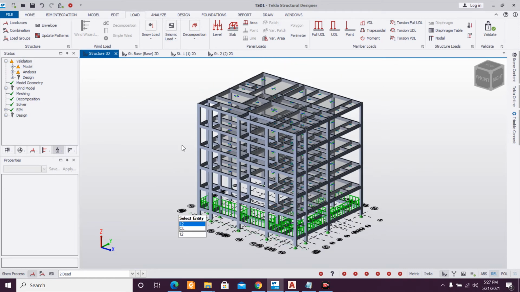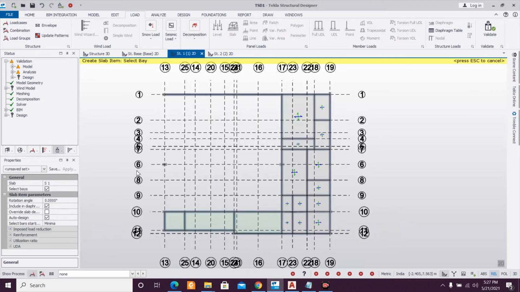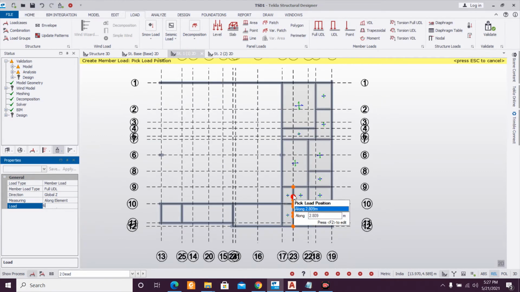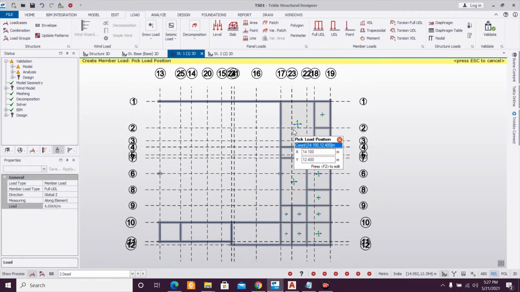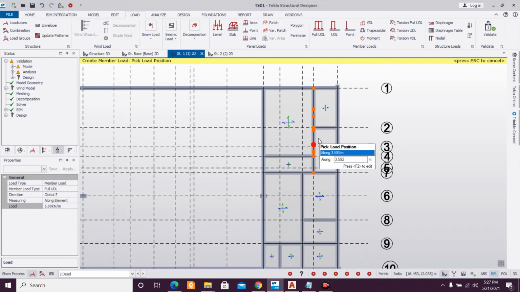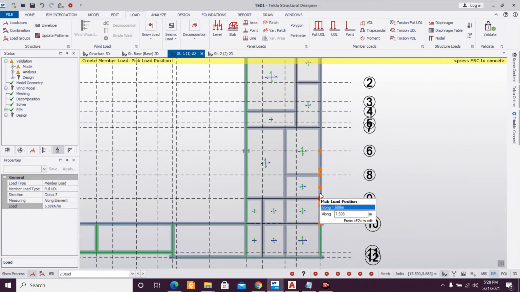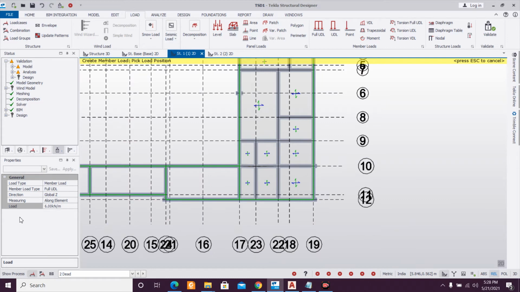Now go to structure 1 and then similarly we'll open the dead load here, full UDL here, 6 here, and then just give the loading here. We won't have any loading in this portion, only for the self weight, so no need to do this. Staircase all applied, lift all applied. Then go for 3.